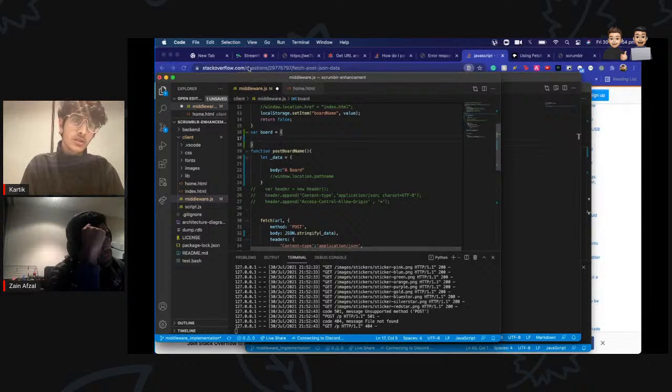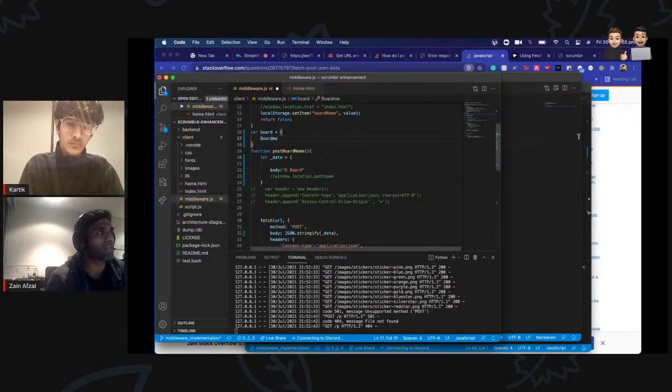Can you show me the schema? Does it say board underscore name? Board name, with underscore? No underscore and uppercase N. Uppercase N. Yeah.